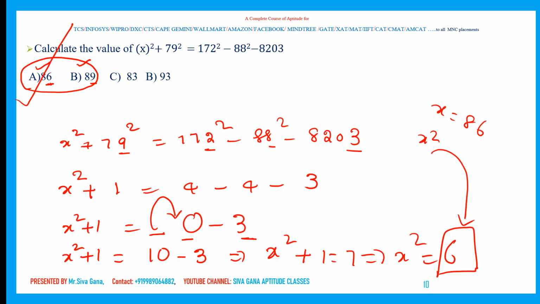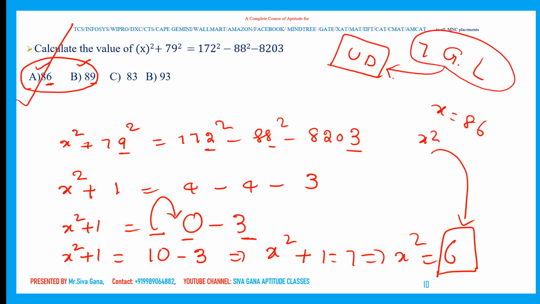This is how the unit digit concept is mostly useful for doing the calculations in simplification questions as quickly as possible. One of the best suggestions is to calculate the unit digit. Based on the options, you should choose the method. I have 7 golden logics with me. In those 7 golden logics, unit digit is one. Golden logics in the sense 7 beautiful shortcut methods for simplification. In those, unit digit is one of those.